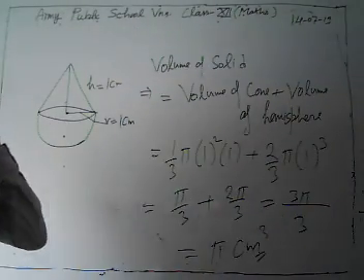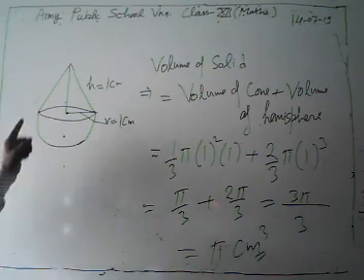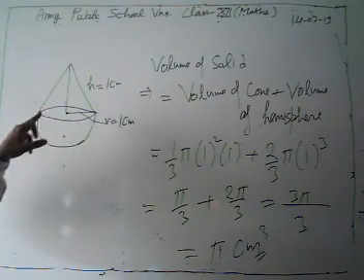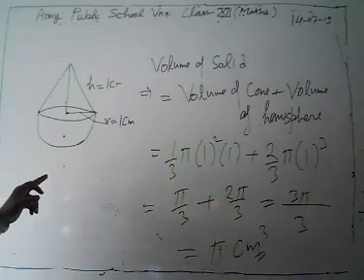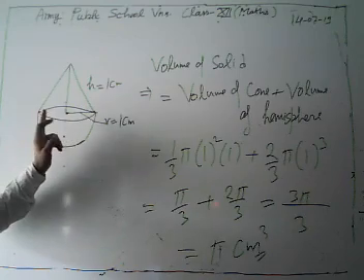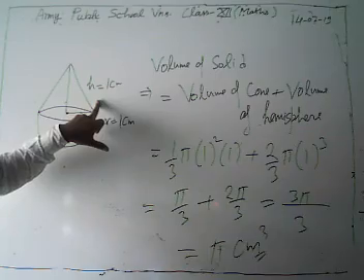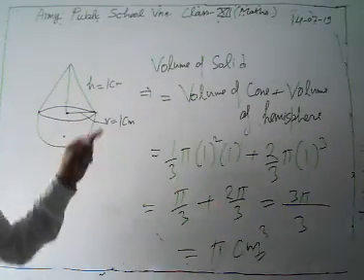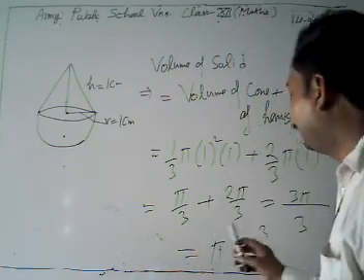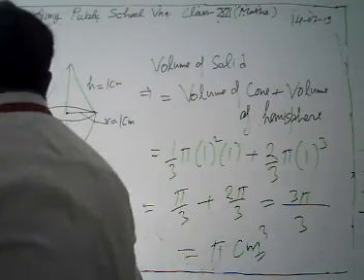We are just going to revise it again. We have to find the volume of the solid. It's made up of a hemisphere and a cone. The radius of the cone and the hemisphere is the same, 1 centimeter, and the height of the cone is equal to the radius, so since the radius is 1, the height is 1. To find the volume of the solid, we take the volume of the cone plus the volume of the hemisphere. Putting in the values, the volume of this solid is pi centimeter cube.